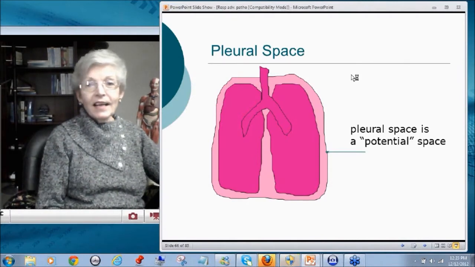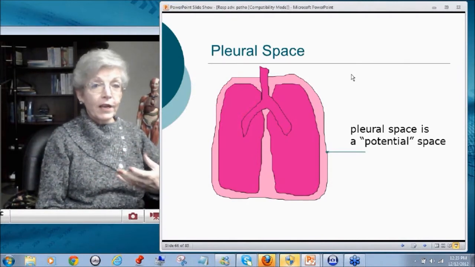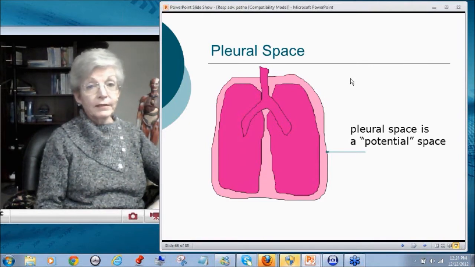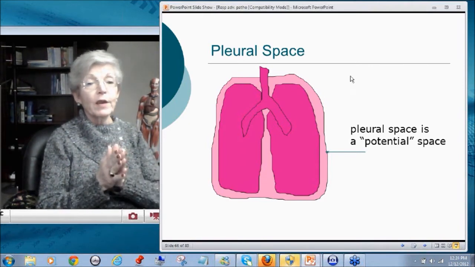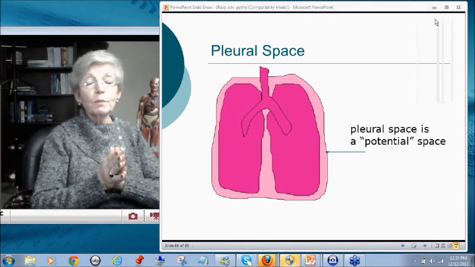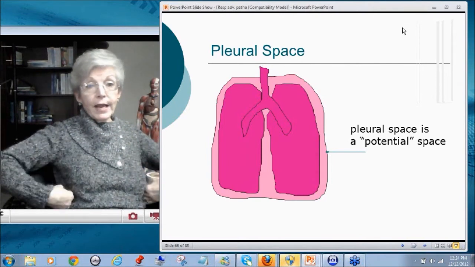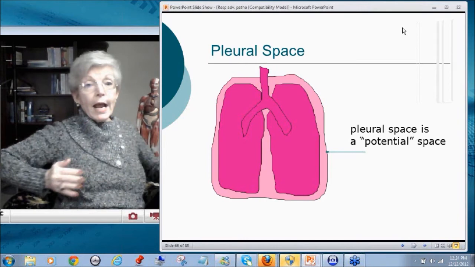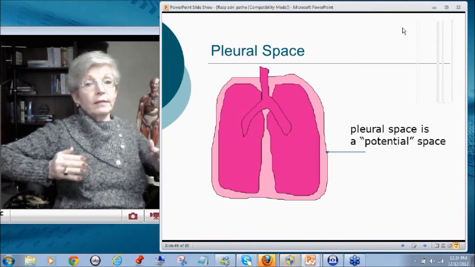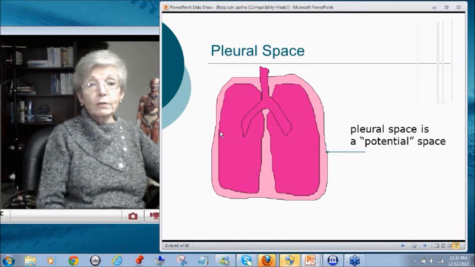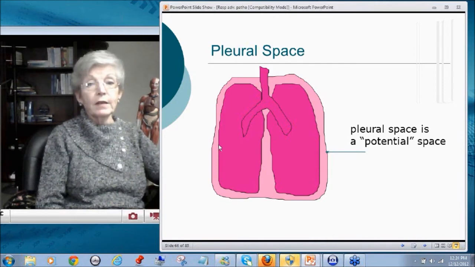Welcome back. Our final discussion will be talking about the pleural space. And remember that the pleural space is between our visceral pleura and our parietal pleura. The visceral pleura is the membrane that is directly adherent to the lung. The parietal pleura is the membrane that is directly adherent to the inside of the thorax. So between the visceral pleura and the parietal pleura is a potential space that we know of as the pleural